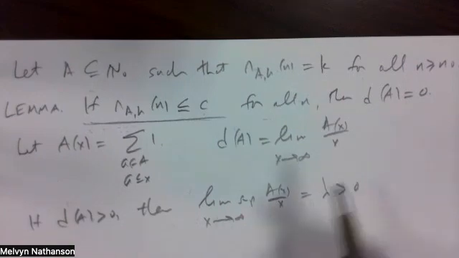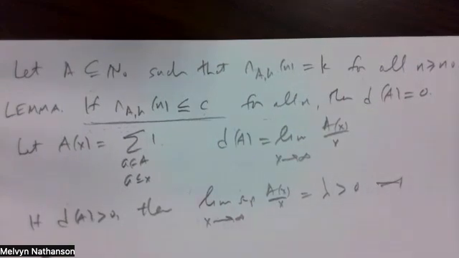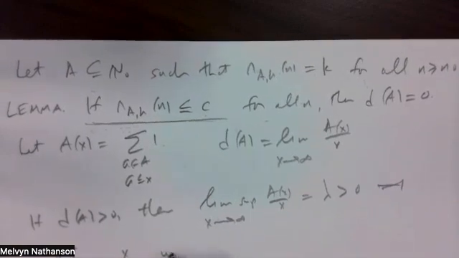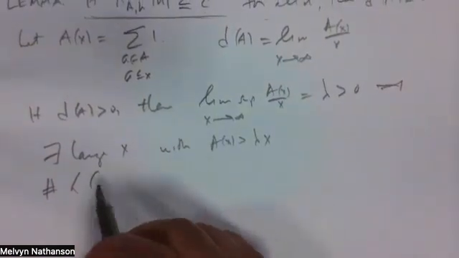So you can choose large values of X with A of X over X greater than lambda, or A of X bigger than lambda X. So if you count the number of pairs,